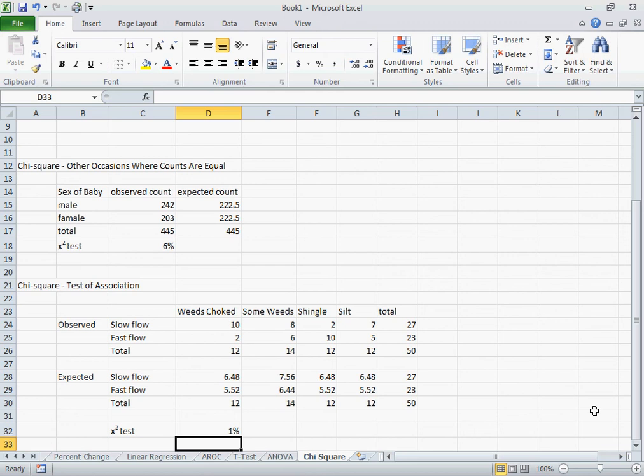Alright, so in this chi-square test, if the p-value, which is right here, 1%, is less than 5%, then there is a significant difference between the two groups. If we have a p-value that is greater than 5%, then the two groups are not significant, and we would reject what our hypothesis